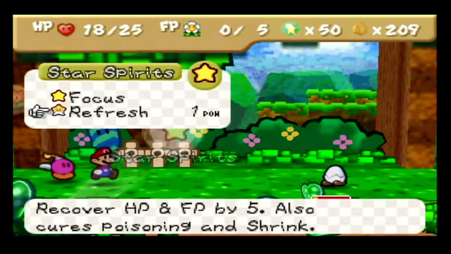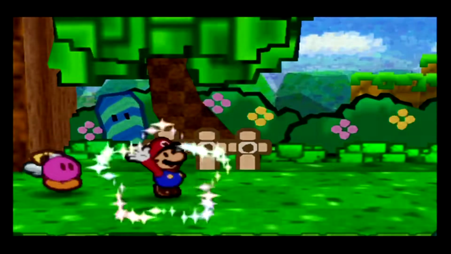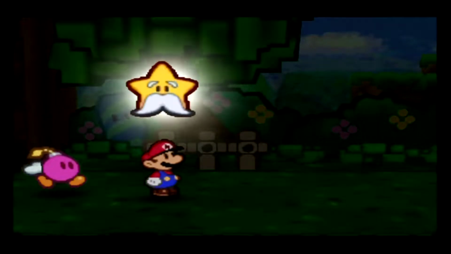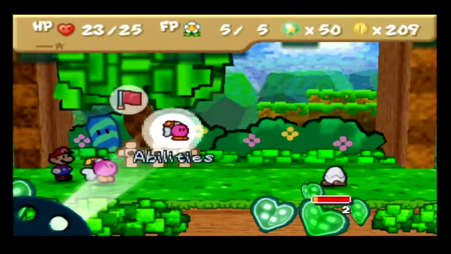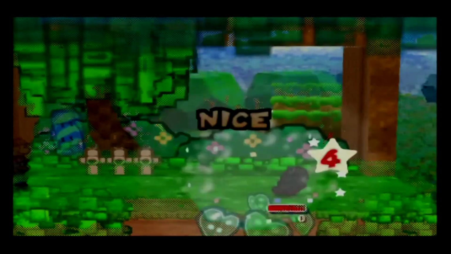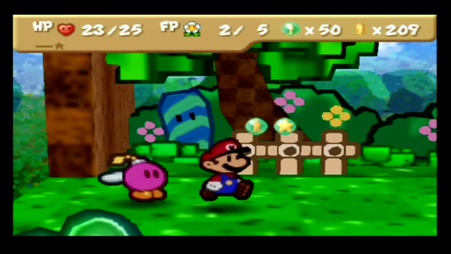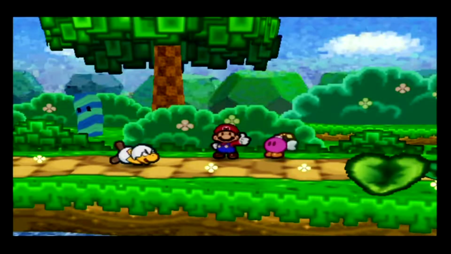So, Star Spirit. This one's going to take 1 full star power, of course, and it's going to restore HP and FP by 5. What Focus does, or I should say, every 8 turns, you get 1 full star power. So pretty much every 1 complete turn, like Mario attacks, partner attacks, enemies attack, back to Mario, you'll get 1/8 of his star power back. And if you do Focus, that gives you 4 turns instantly. So if you do 2 Focus, you'll have a full star power there. It's really, I don't want to say it's used for something like stalling, but